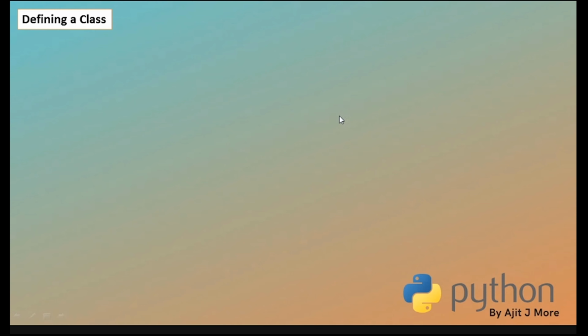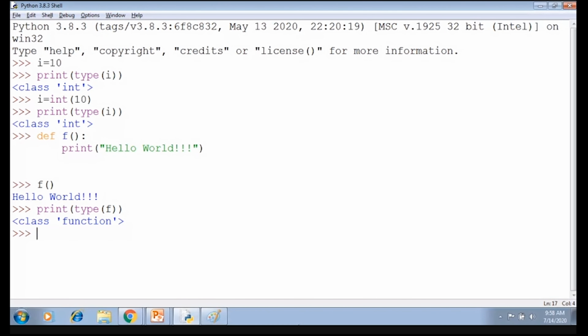When this header line comes, that is class name colon, whatever is indented after that is the class body. Here, regarding the old version, like Python 2, how they used to do. We cannot call it an old version because both exist. Only now, from January 1, 2020, they have stopped making changes in Python 2. In the near future, only Python 3 will exist. So if I write class test colon, this is okay. This is the Python 3 rule.